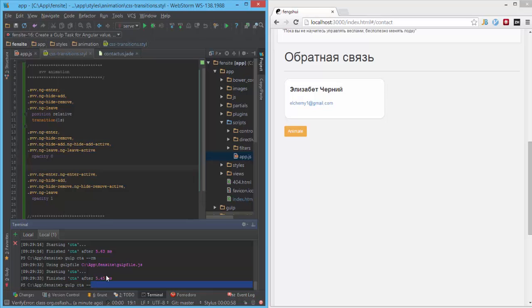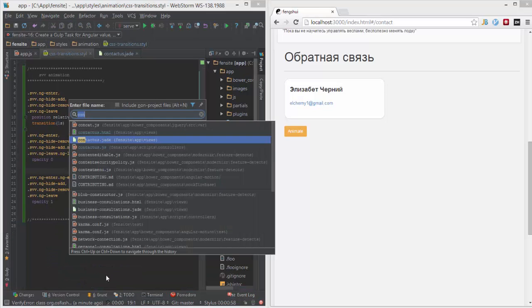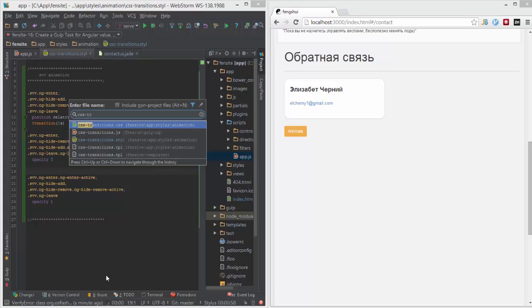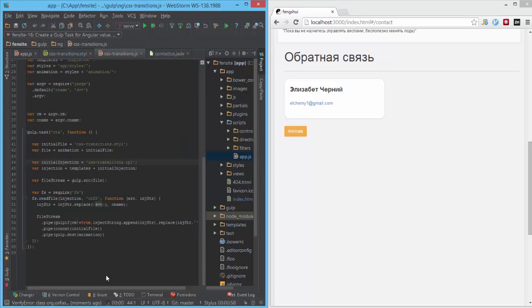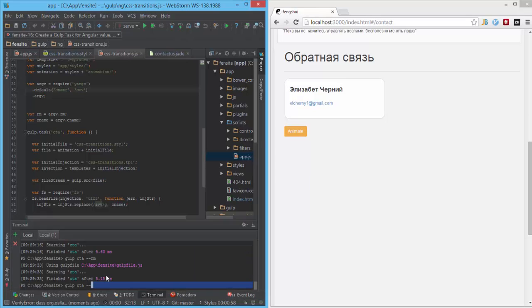Probably it is cname, so let me open the Gulp file, and the parameter is cname. It is here in line 32, and if this parameter is missing, the default value is svv. If I go to the console and say cname will be slide down,